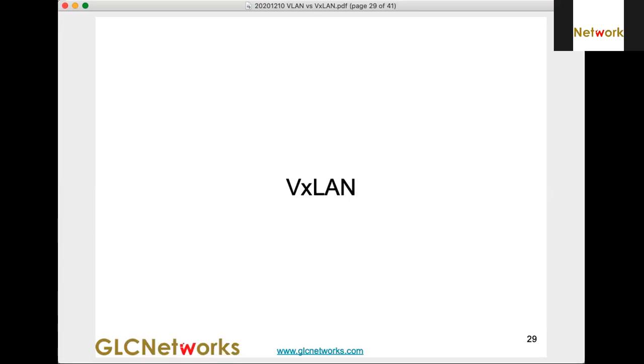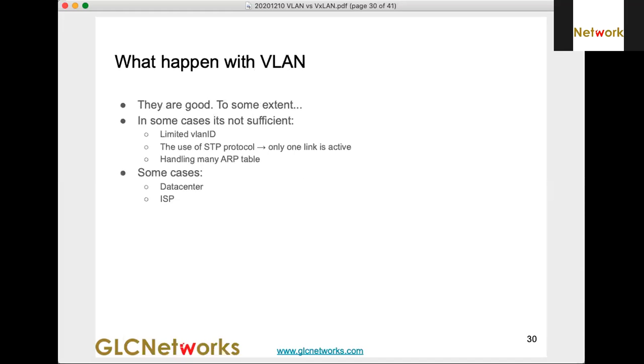Now we are talking about VxLAN. So what happened with current VLAN? They're good to some extent. In some cases, it's not sufficient. In what extent is it not sufficient?